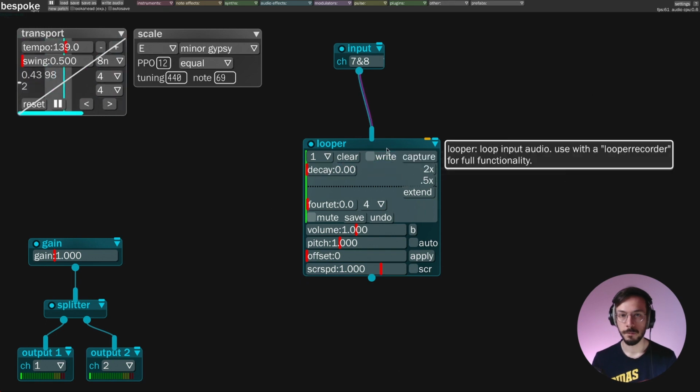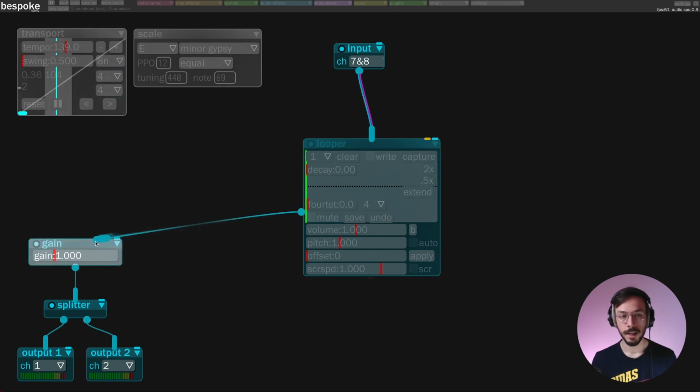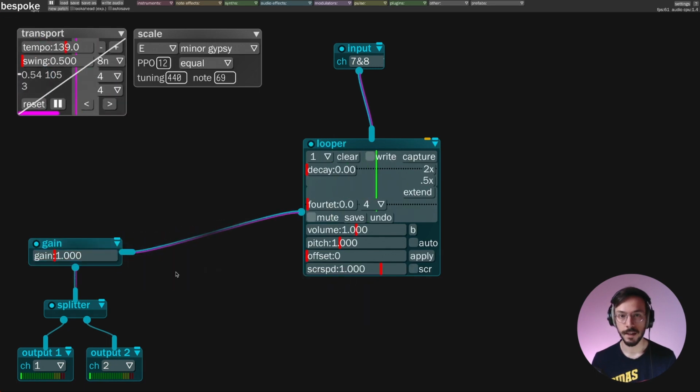The looper seems to be turned off. And it's true because it's turned off. If you want to turn it on, you simply need to select its output pin and connect it to the gain stage, the output stage. Now you can see that the green marker is moving, it's running, and now we can start talking about some of its controls,